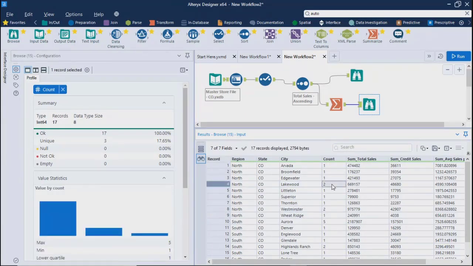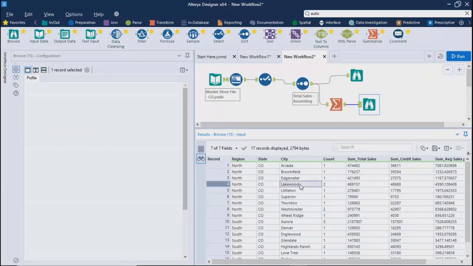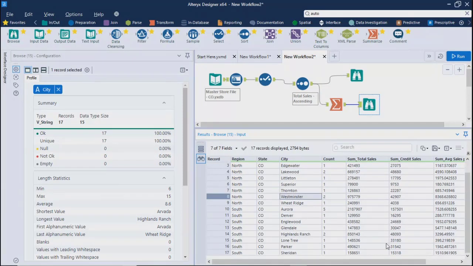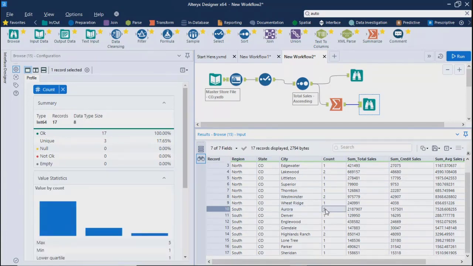So these both are the mode. Depending on your order, it will give you either Lakewood city or Westminster, because both satisfy the condition of mode. But in case of south, it is very clear that Aurora is going to be the value because it has the maximum count, and there is no other city which has the same count.